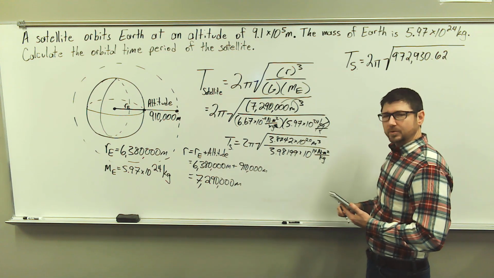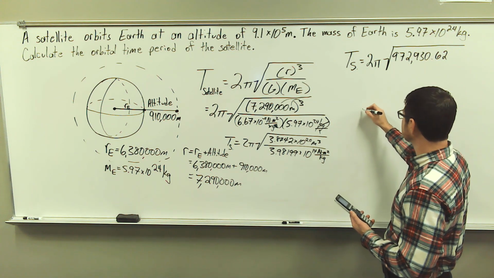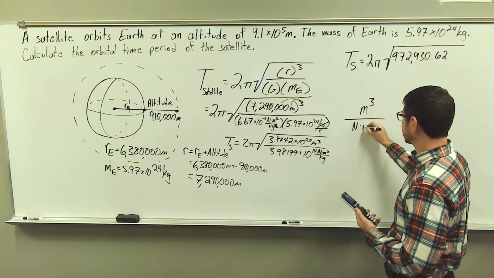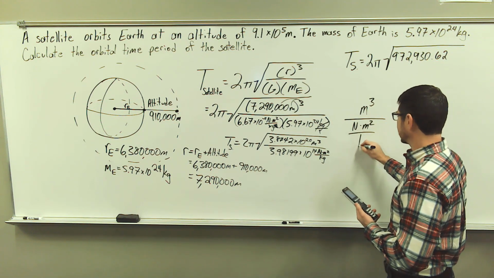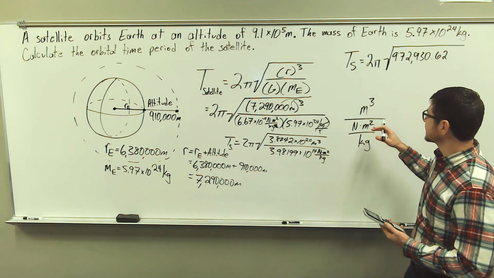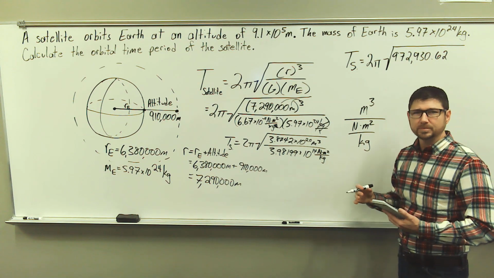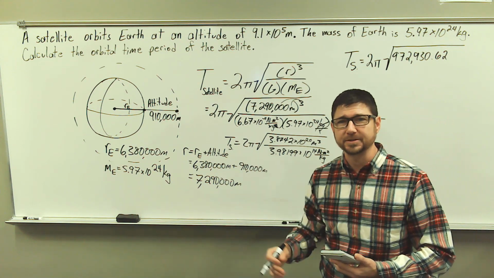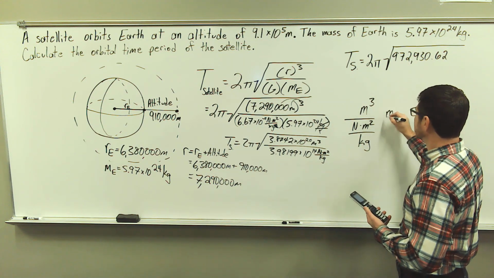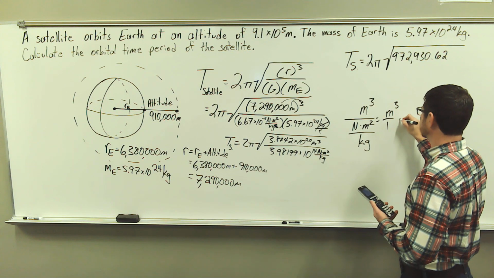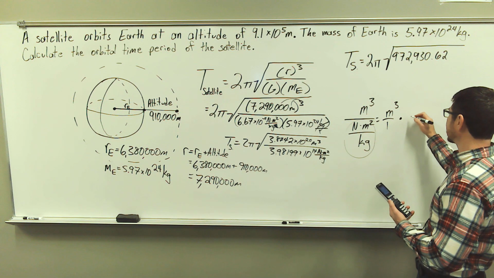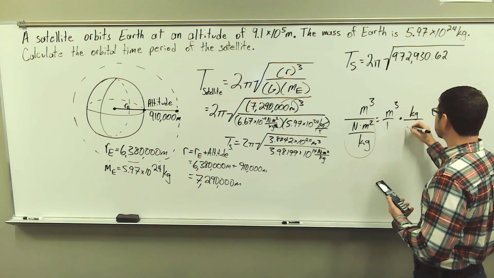So in my numerator, I have units of meters cubed. We're going to divide this by Newton meters squared per kilogram, okay? Now, we know the old algebra rule that says whenever we divide fractions, it's like multiplying by the reciprocal of our denominator. So let's go ahead and do that first. So what I have is meters cubed over 1 times the reciprocal of our denominator. This is going to give us kilograms divided by Newton